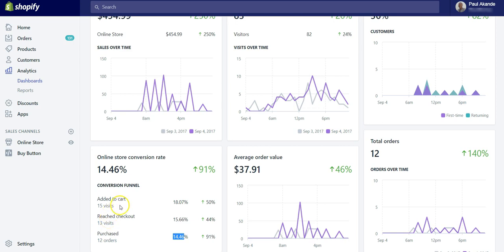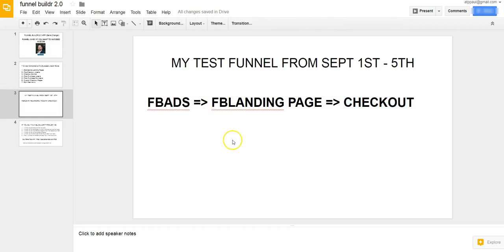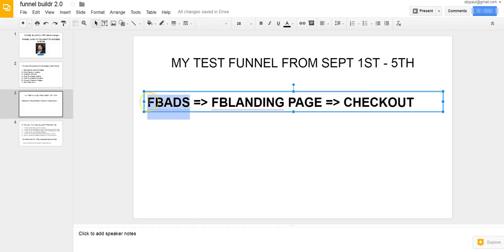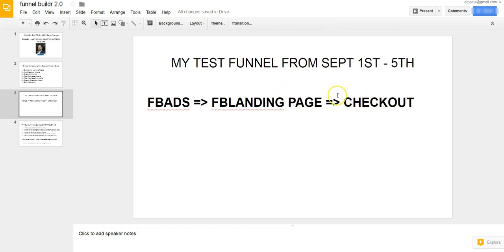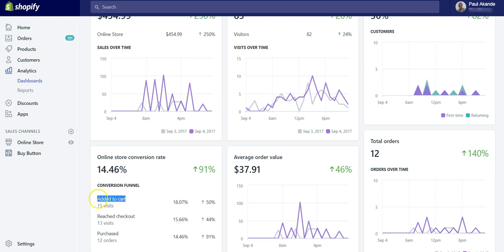So that means every person that landed on the checkout page actually purchased, because look at the flow of my funnel. The flow is from the Facebook ads, goes to the landing page, and then goes straight to the checkout page. But some people, when they get to the checkout page and click back, it can take you back to the article. So that is where this article is coming from. So we have people coming all the way from the checkout page, and they may be navigating back to the article page. But typically my funnel is people that reach the checkout and then straight ahead they went to the purchase.